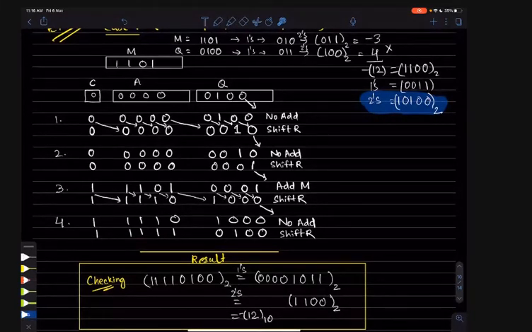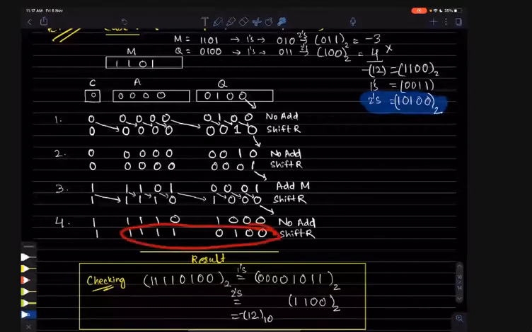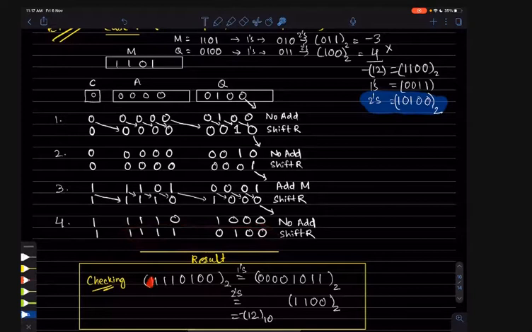If you still want to verify if it is 12 or not, you can verify like this. Just copy the result 1111 0100. Then remove the first sign, that is your negative sign. Remove it, take the rest 7 number of bits. The first sign is of no use, because we already know from the first sign it is a negative number.